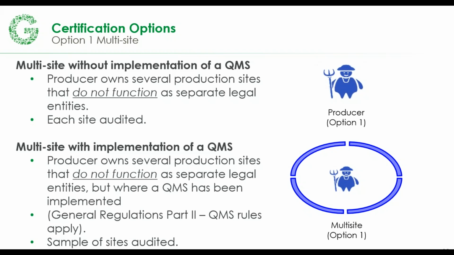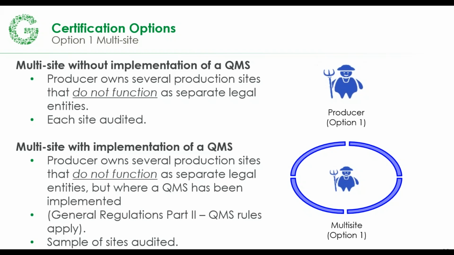They don't function as separate legal entities, and each site is audited and each site is added to the initial certificate. An example of this would be a producer that has production sites in, say, Salinas or Huron, which are different California cities, another one in Arizona or other additional states, but all of those sites are audited and then added to a certificate and have to comply with the same